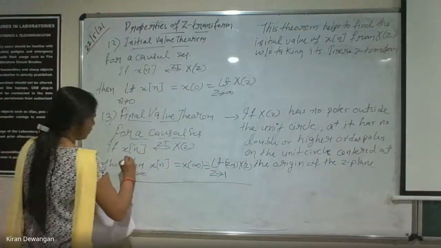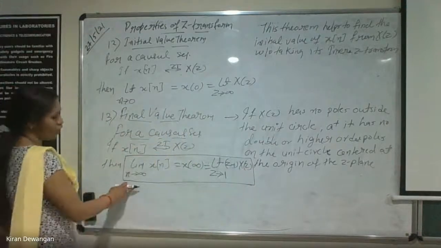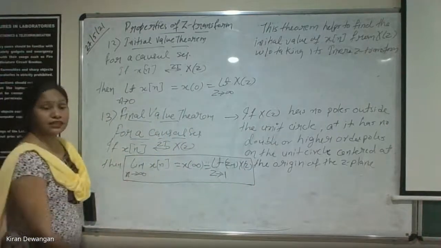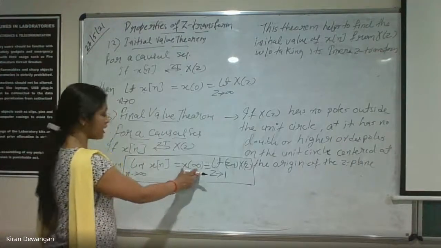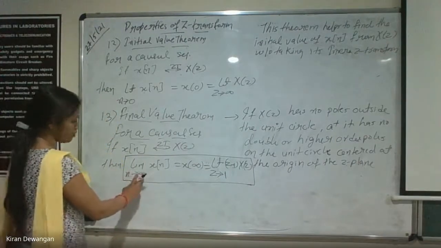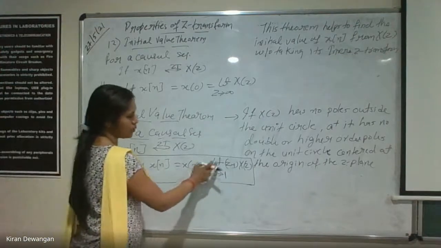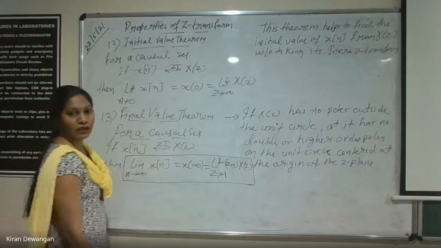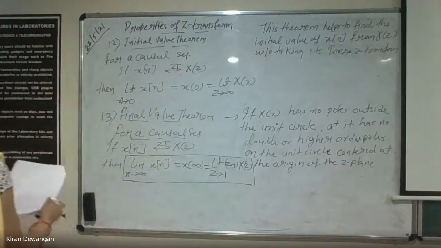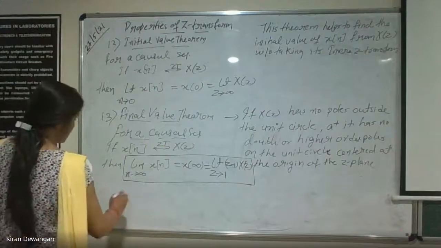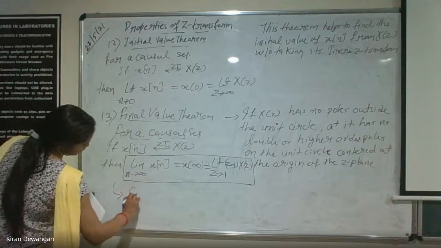For final value theorem, if we have to obtain x of infinity, that is a steady state value. This one is nothing but a steady state value. Limit n tends to infinity for x of n equals to x of infinity. This will be equals to limit z tends to 1, where it is z minus 1 into x of z. Okay? Z minus 1 into x of z, and this theorem enables us to find out